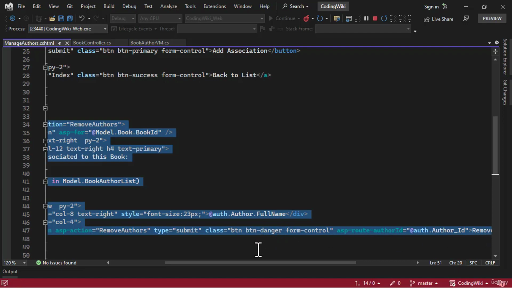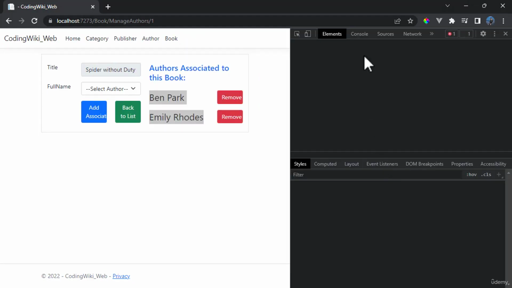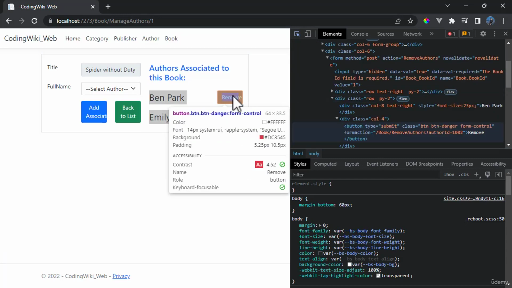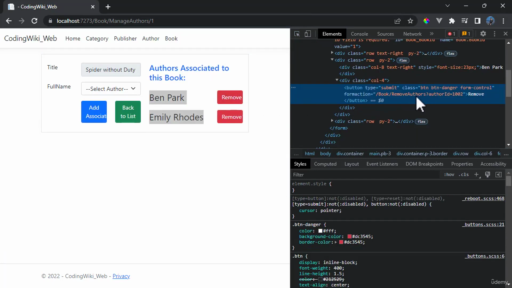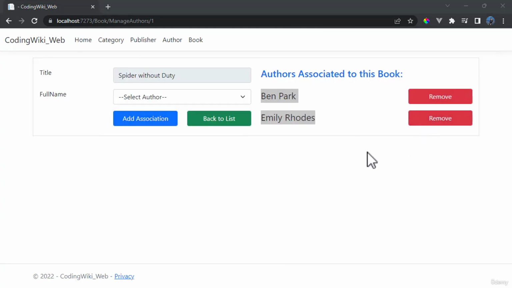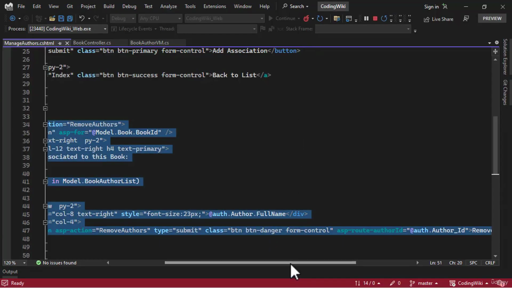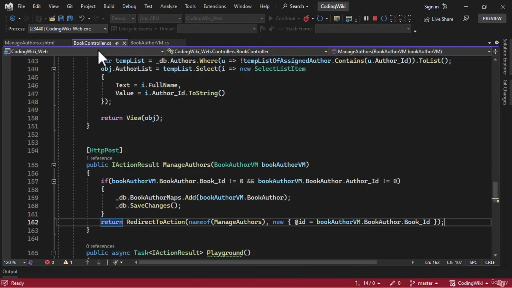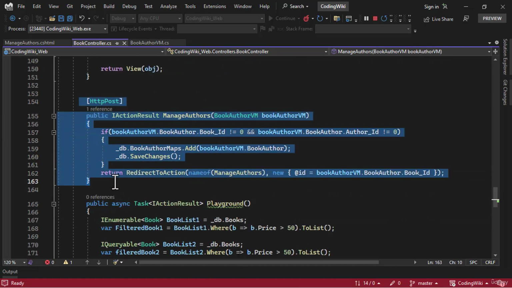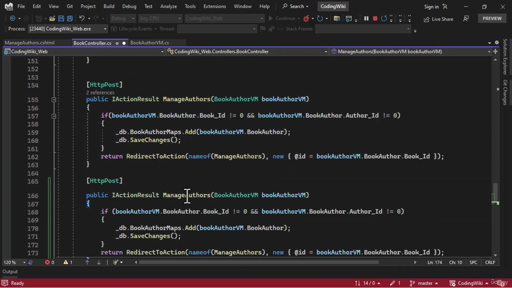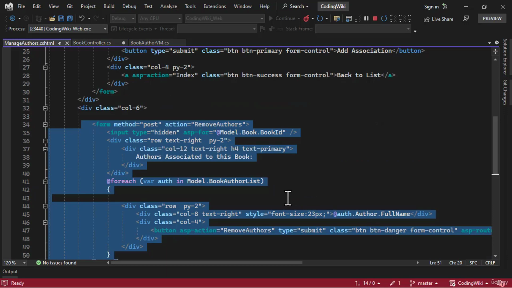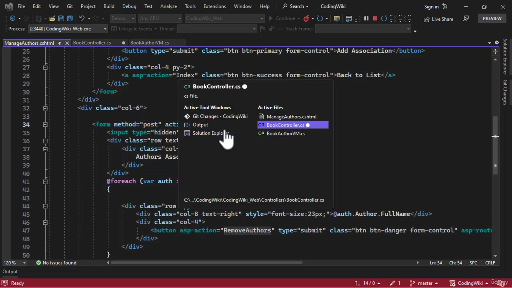So if we go back here, press F12 and examine the remove button here, you can see in the form action, we are passing the author ID like that. We can retrieve that and we can remove the association. Let me go back to the code here and I will copy manage author, paste that one more time. We will go back here, copy the action, remove authors,